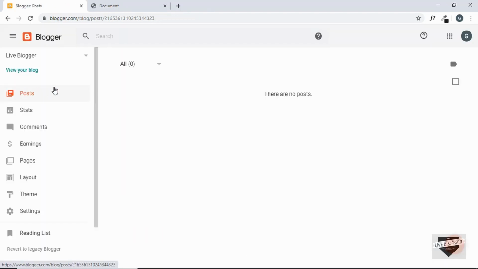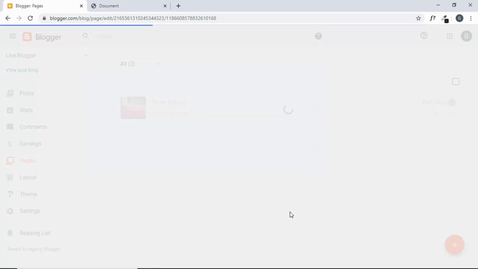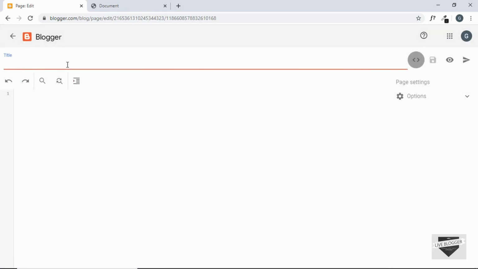Now let's create a new page to add our countdown timer. So let's go to pages and then click on this plus icon over here, and we'll just add a title. And you can add some text over here if you want, but I'll just go ahead and add our HTML